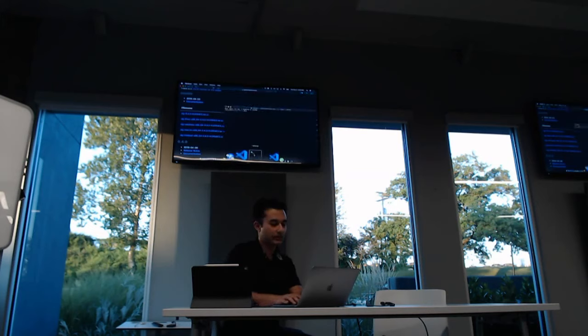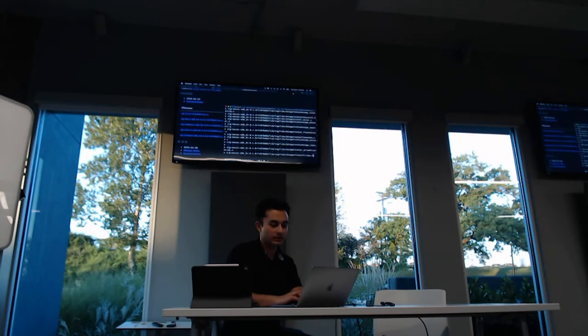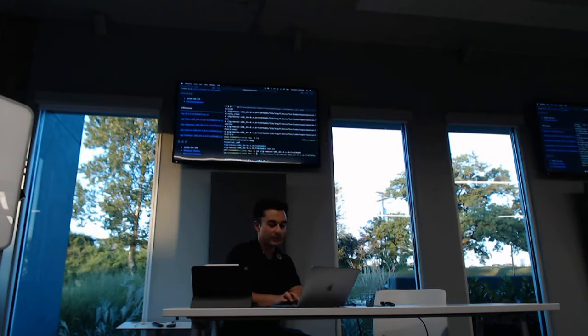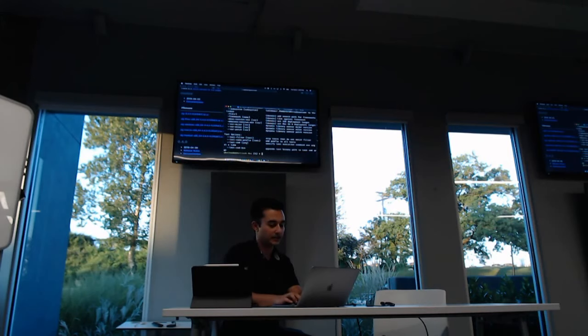So I'll go to my downloads folder. Extract it with tar xvzf. So it extracted a lot of things. Cool. So I'm here, and there is the Zig compiler.